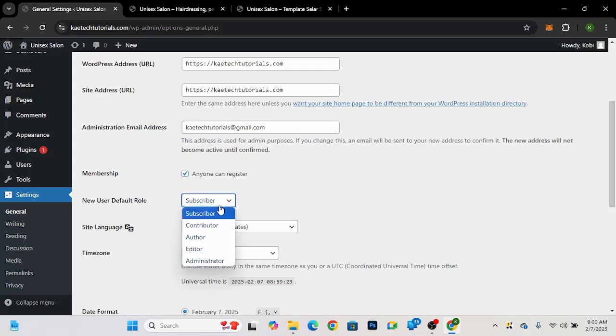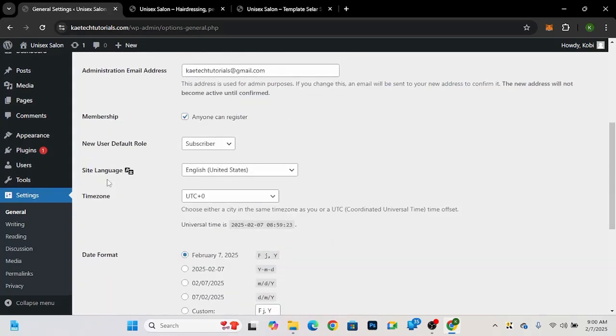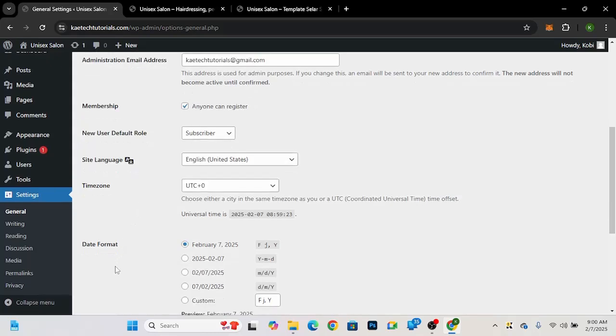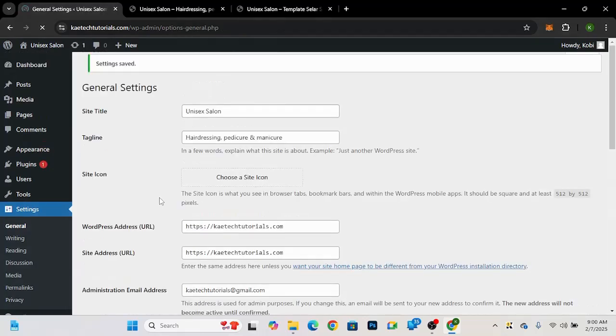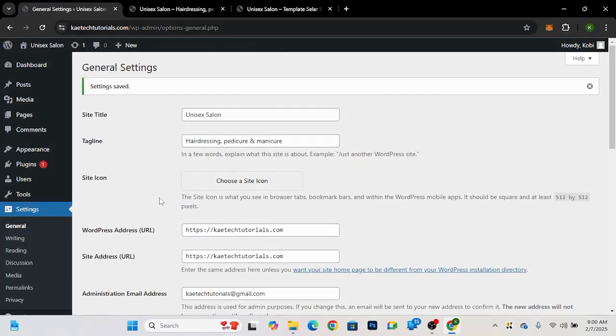So when you click over here, we have different default roles. Okay, now when we install different plugins, other things will also come in over here, but we will get there. And then make sure that your site language is the language that you want, the time zone, the date format, and everything, and then click on save changes. All right, so now that we are done over here,